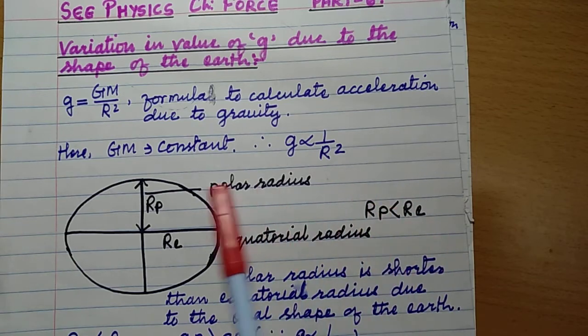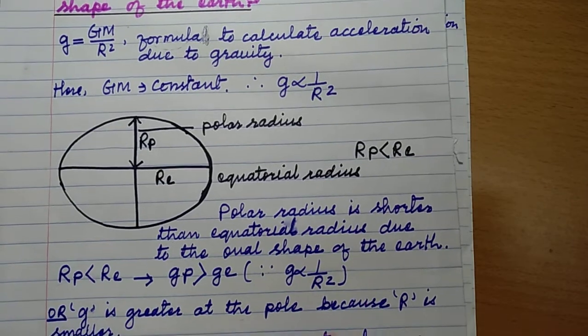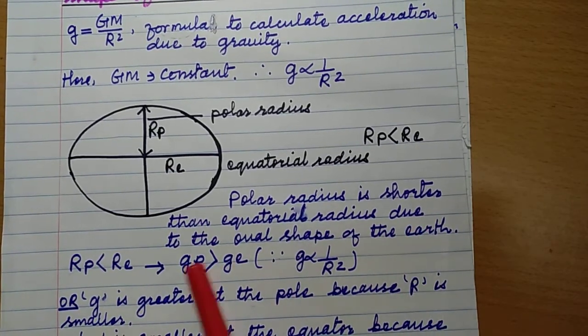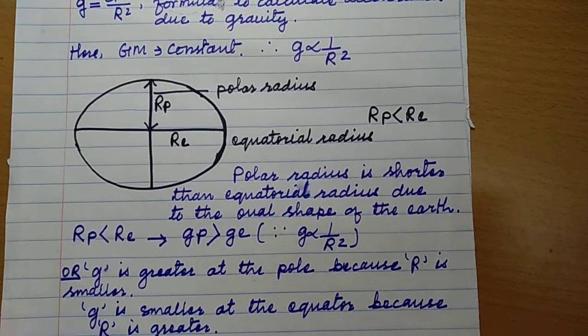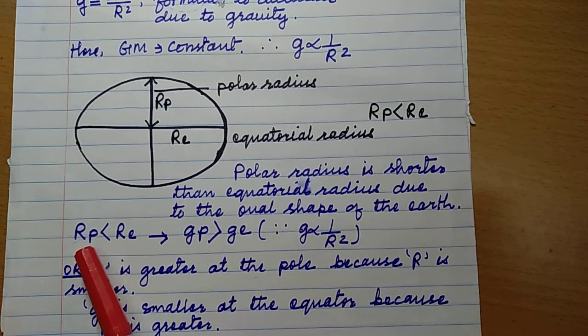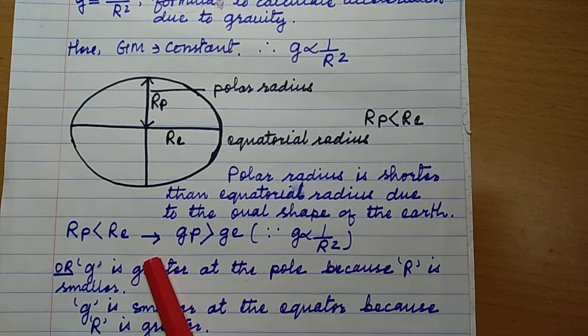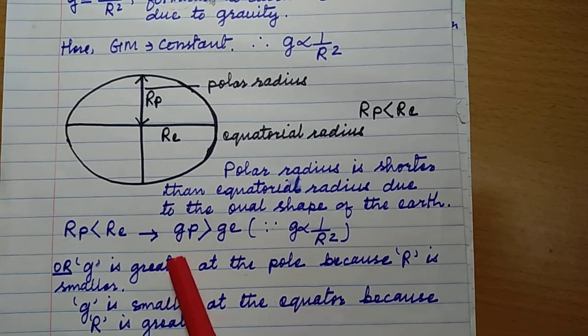This is due to the oval shape of the earth. The polar radius is shorter than the equatorial radius due to the oval shape of the earth, or we can write it this way: the radius at the pole is smaller than the radius at the equator, which means acceleration due to gravity at the pole is greater than acceleration due to gravity at the equator, because g is proportional